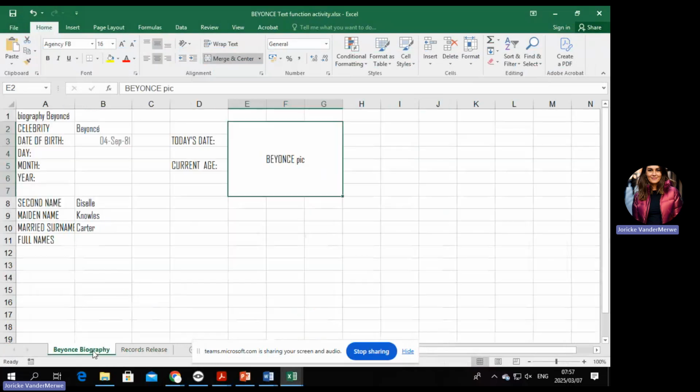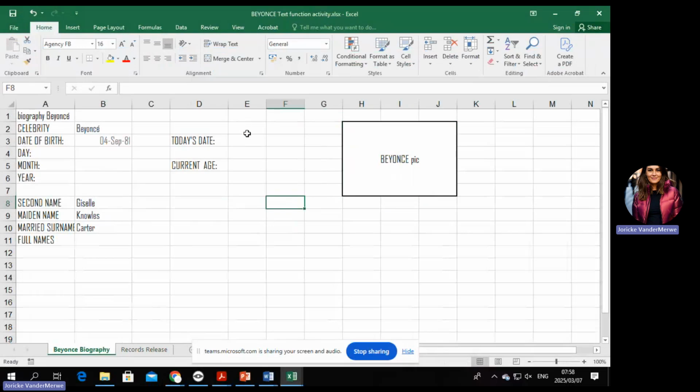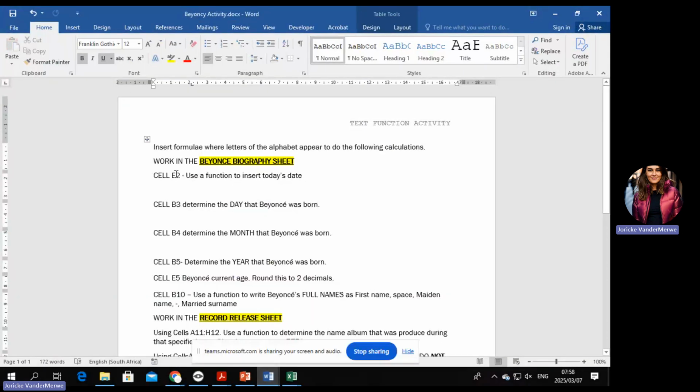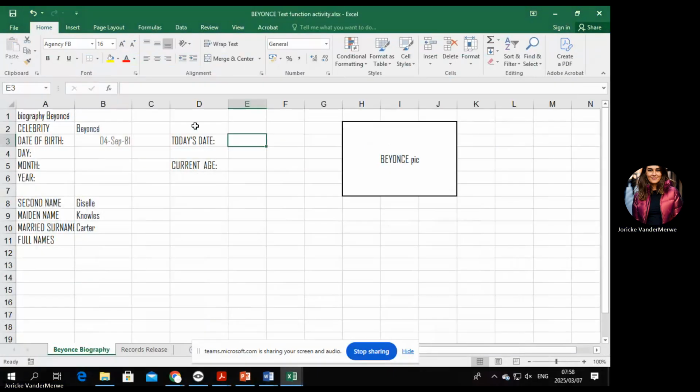Most of what I'm going to show today is going to be text functions. For today's date, I'm going to move all of this up in my text. Yours is also going to be moving up, from E to H, just so that we have the E. It should actually say E3, not E2, so rectify that for yourself. It's because I've inserted columns, I think, and then it moved up.